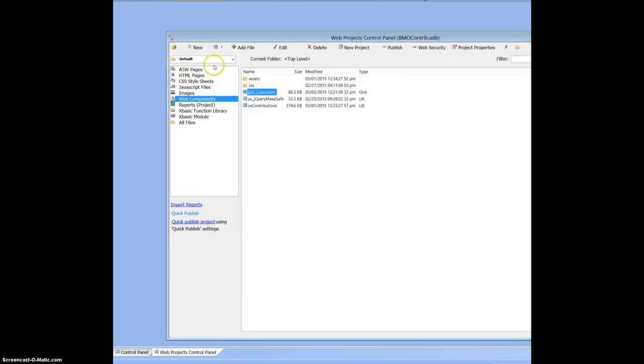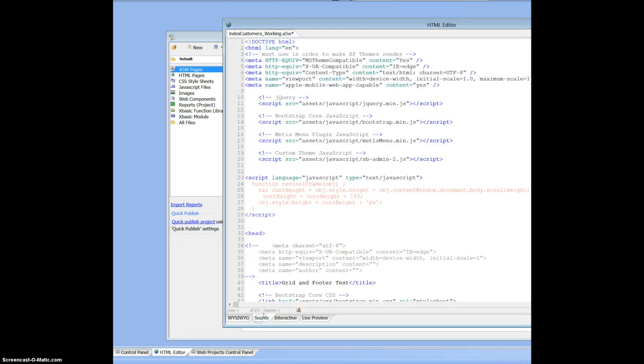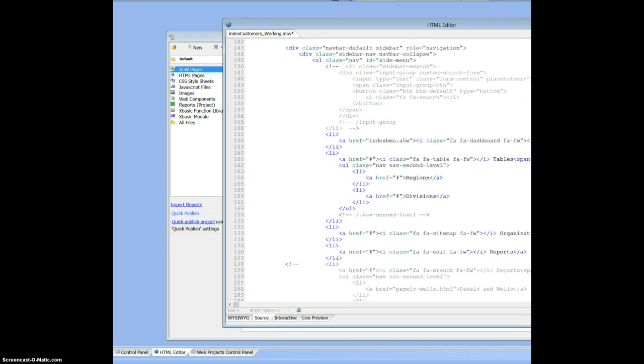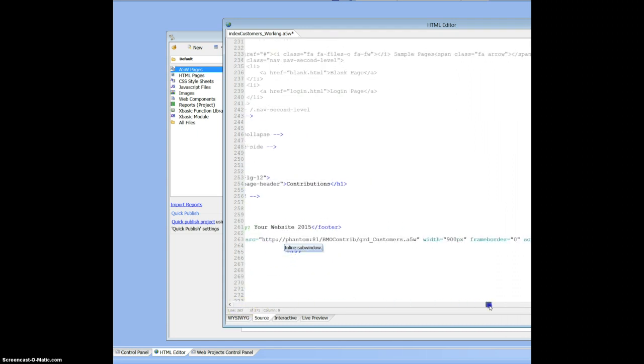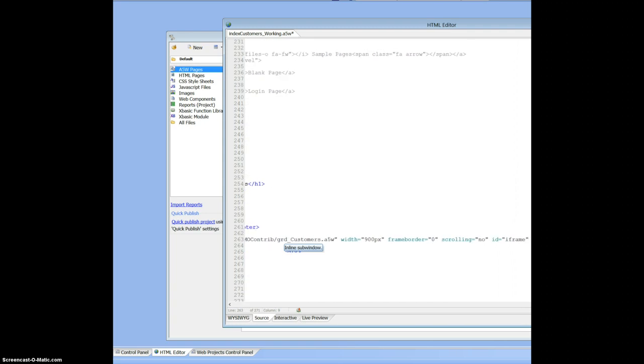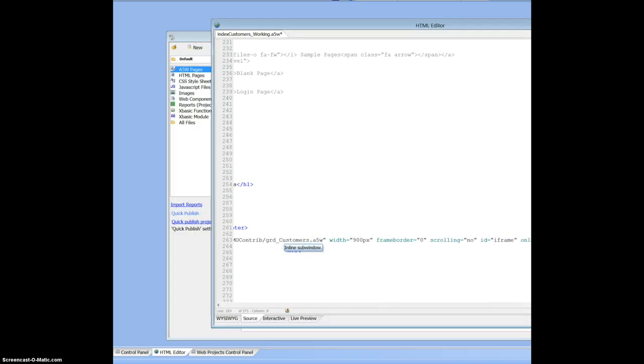We have a look at the A5W page. In this particular case, and I'll post the sites for this, but what we're doing here is where we've got the iframe loading, which is right here. Let's scroll this into view. We've got an onload function running for resizing the iframe. So we're loading the iframe object into